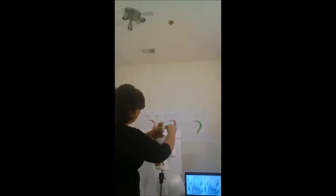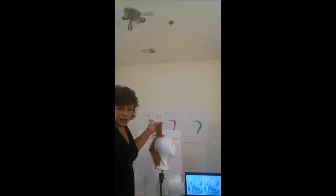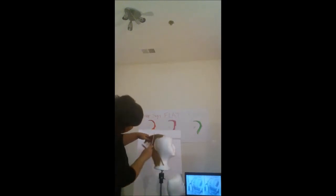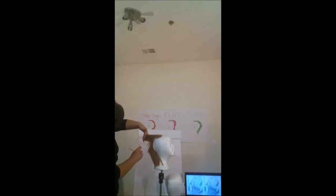The haircut that I chose to do is square layers, pulling the hair up and then pulling the hair out and creating like a square with the hair. Okay, so that's how I've cut the hair. All of this hair was just pulled up and cut straight across this way. And then all of this hair was brought out and cut square